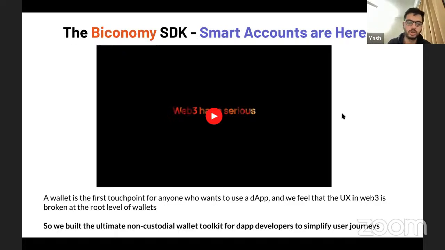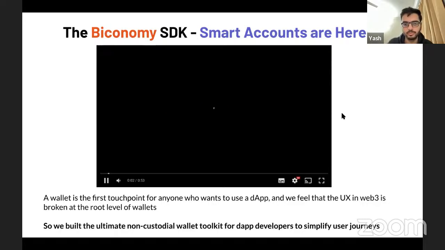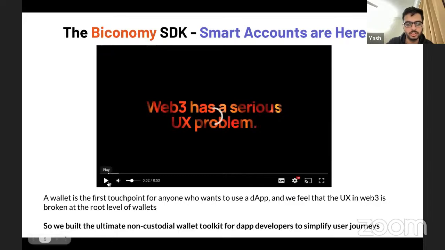You can't execute arbitrary logic inside an EOA. You have to have a smart account, like a smart contract in place, and having funds in the smart account helps you enable all these features. Account abstraction is built on the concept of smart account wallets. In that, you can have various abstractions by just writing the code in a way that these things are possible. I'll skip this video, but yeah,